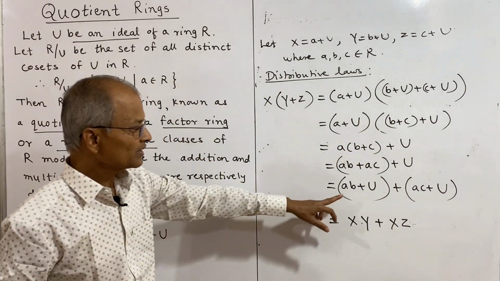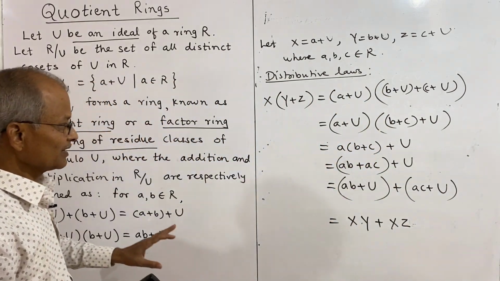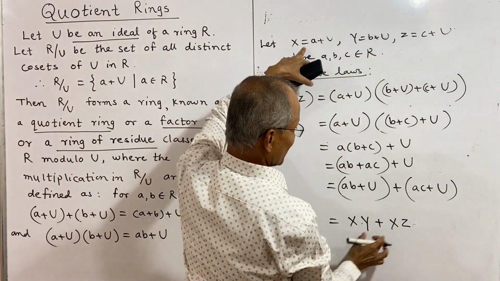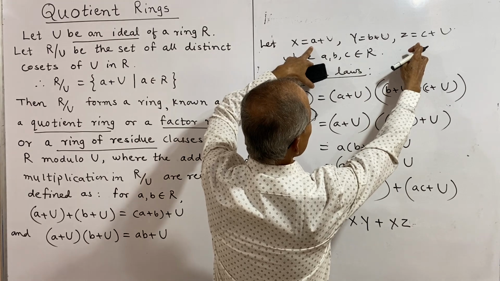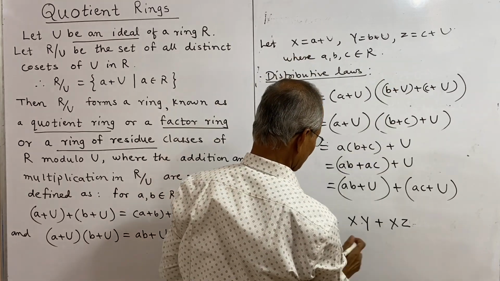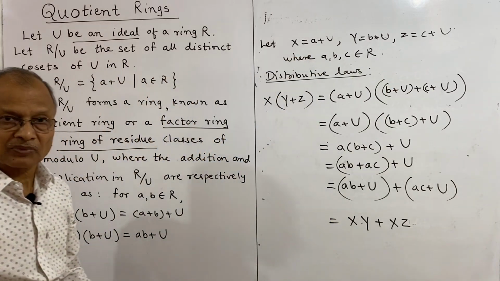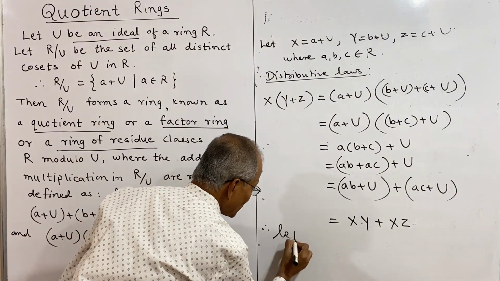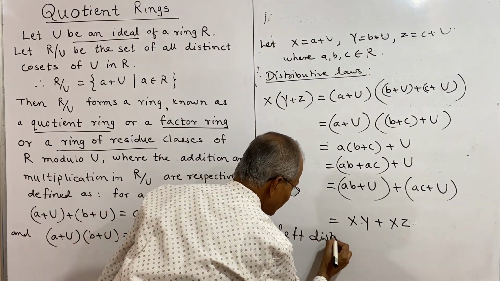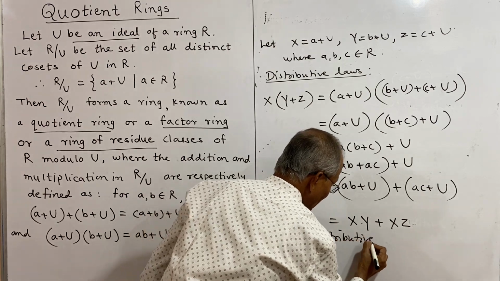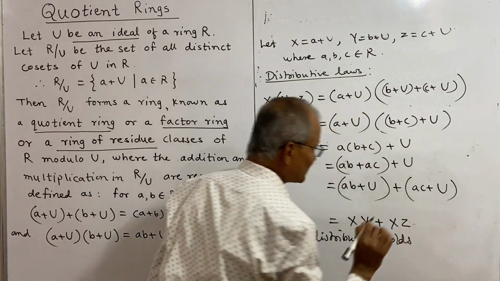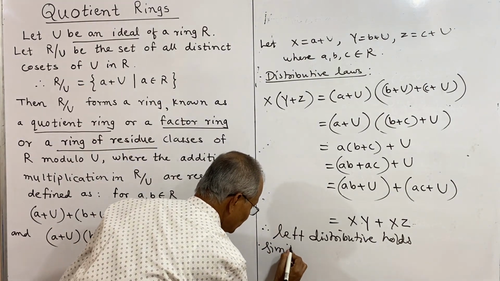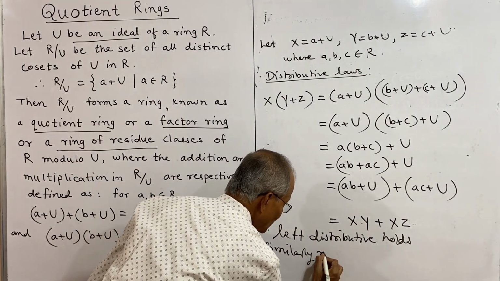And what is ab + U? That is the multiplication of x and y. And what is ac + U? That is the multiplication of x and z. Hence the left distributive law holds. Similarly, the right distributive law can be proved. Right distributive law holds,